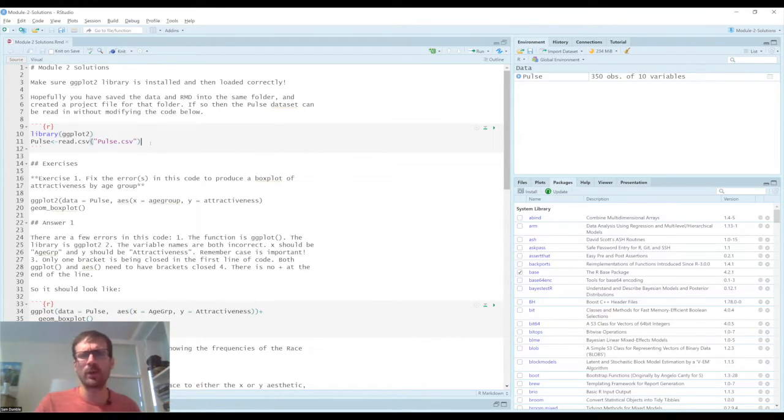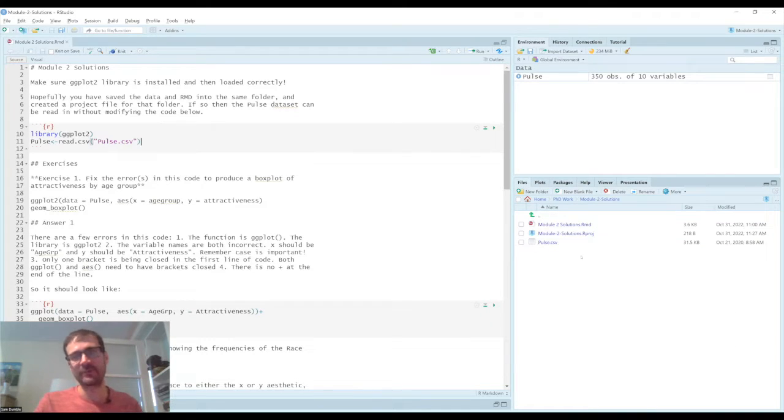And the other thing that's always worth doing straight away is reading in your data immediately. And I actually ran this already because I put them in the same chunk when I wrote this code originally. And you can see when you run and read in a data file, in this case, it reads in the Pulse data file, which, because it was set up as a project file and it's in that folder already, it can find pulse.csv immediately. You don't have to worry about complicated folder locations or setting working directories. This is all done for you with the project file.